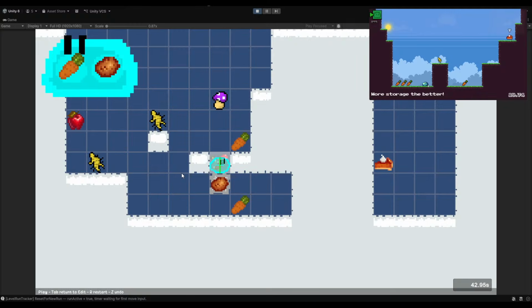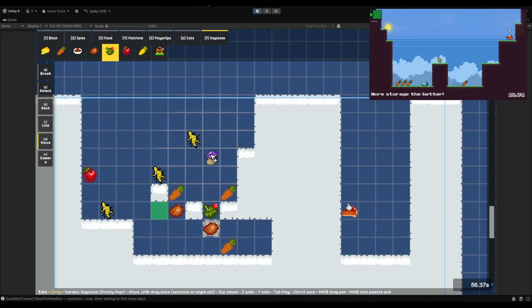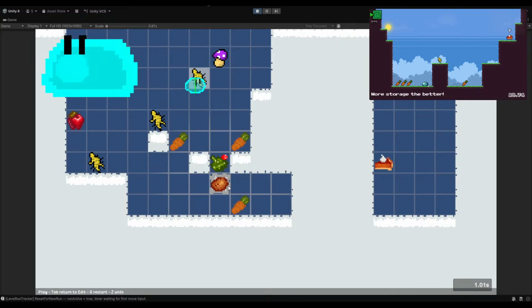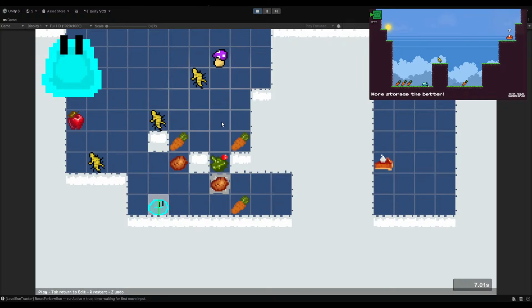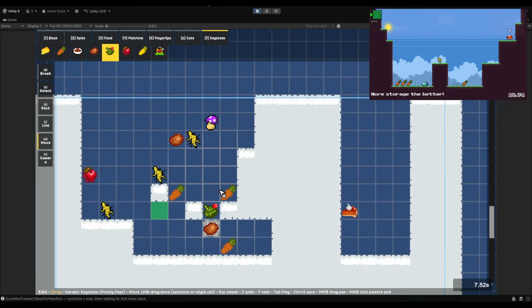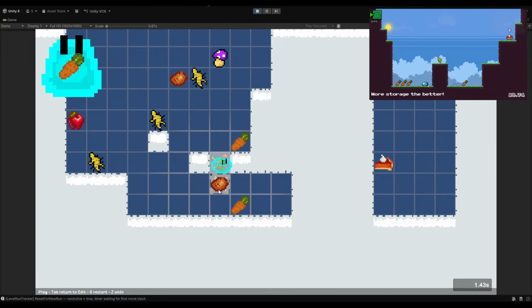Wait a second. Shoot. Oh no, that's wrong, isn't it? I used this food. I think this is one edge case I didn't think about. I think that is actually wrong, right? I need 2 food here. Let's put... Oh no, I think it's just 1 food is enough.